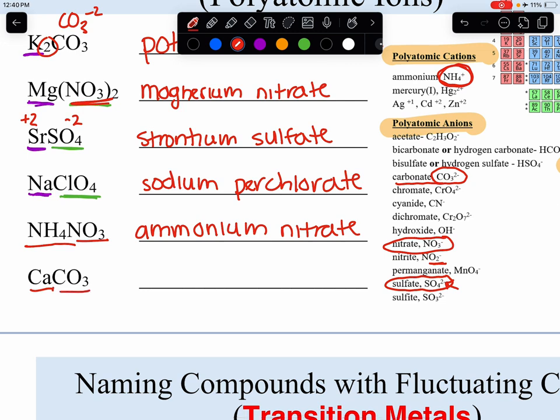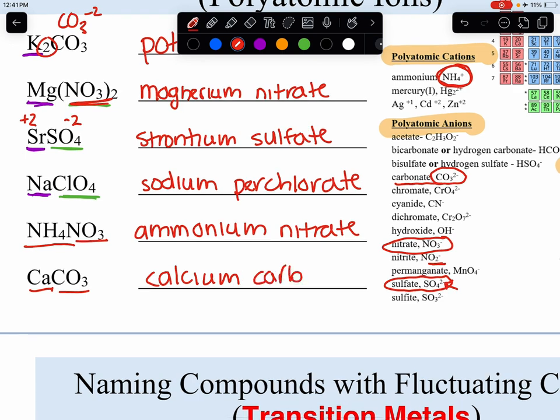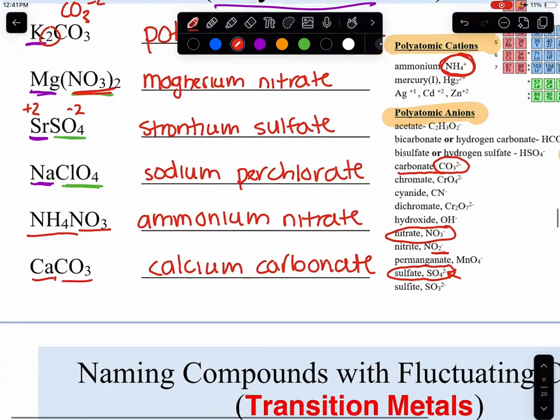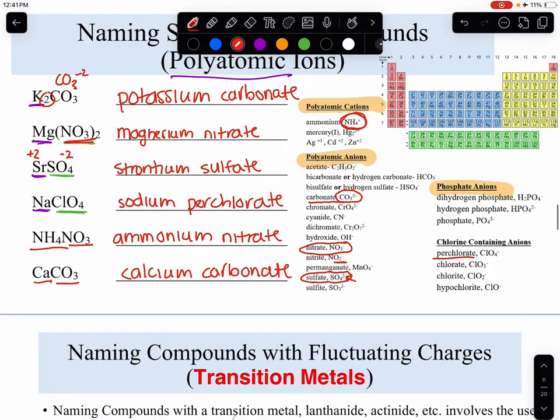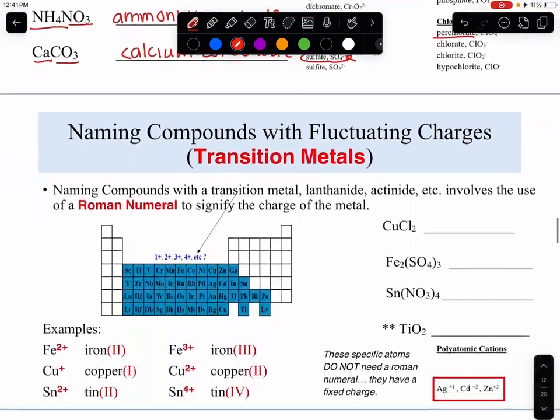And we see a Ca and a CO3, so that is calcium. If you look on your list, we also already used a CO3. That is carbonate. Okay? So this is not too bad. You do need to have your polyatomic list to be able to do this, but this does get a little